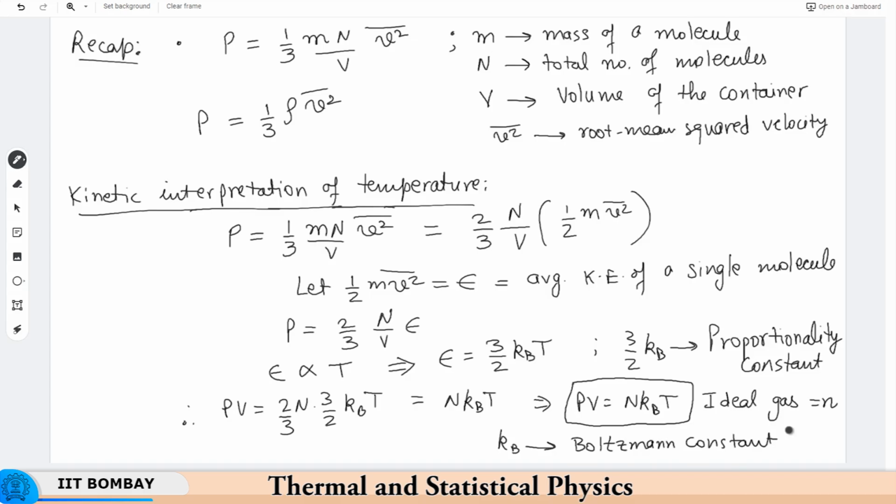Right. So, it is a fundamental constant of nature. All right. So, this is for any n number of molecules, right. So, we can rewrite, okay. So, we can now take a special case. So, for 1 mole of gas,